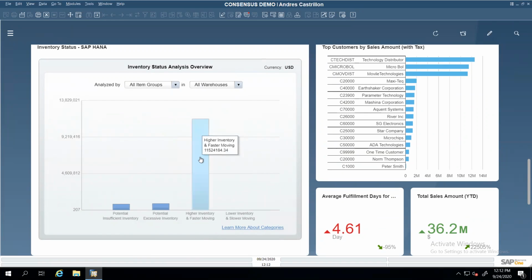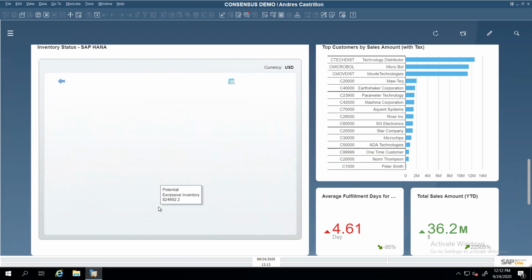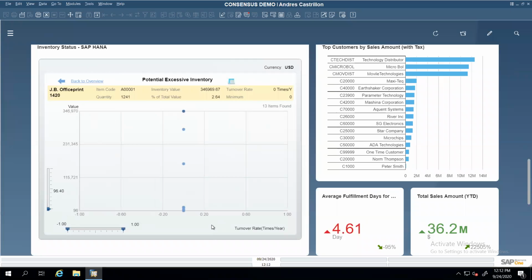So these are my A items, but these are the items that are potentially obsolete. If I click here, the system is going to show, and I could play with these dials, I could move it, and that is going to show that I have a couple of items that could become obsolete pretty quick.